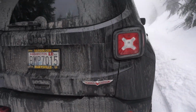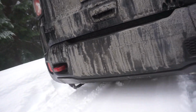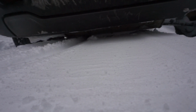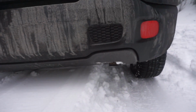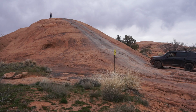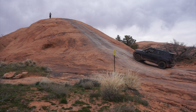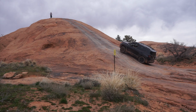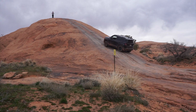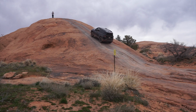The only real deficiencies are the power from the 2.4 liter engine and the ground clearance, which really wasn't much of an issue, especially with those skid plates. You really need those a lot. But things like snow or deep mud, the 8.9 inches of ground clearance did become an issue,